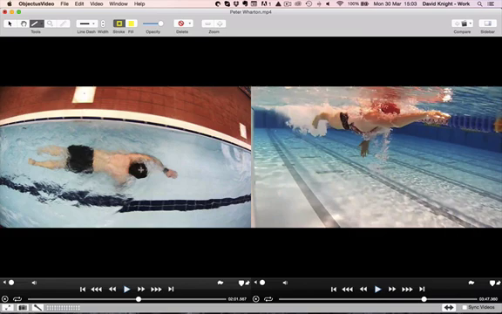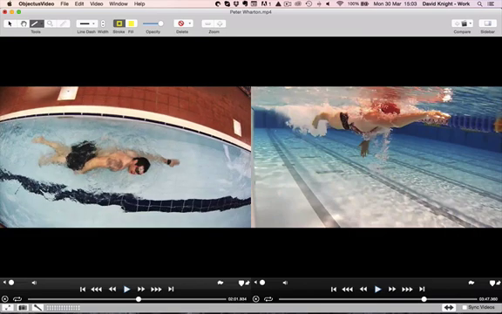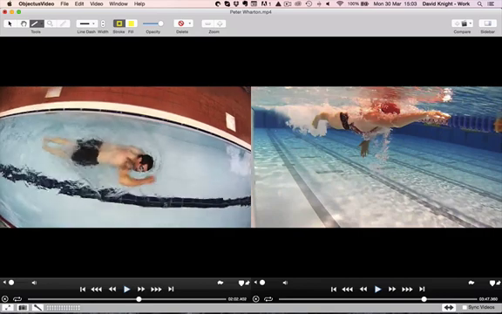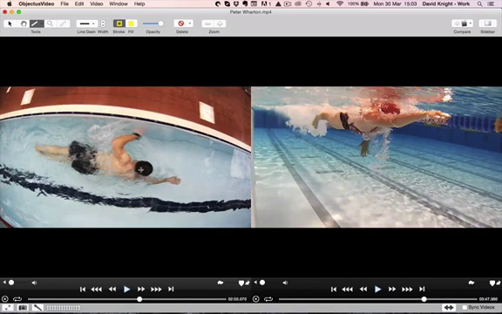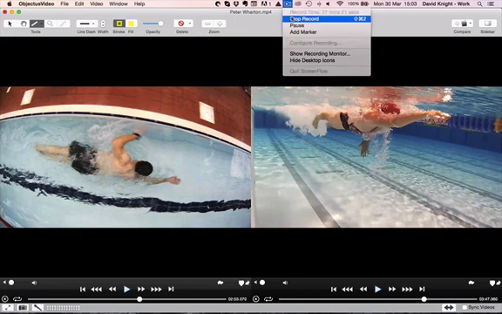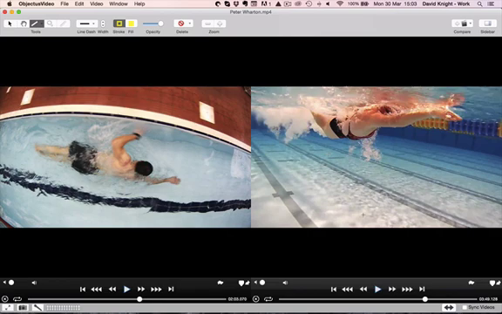But the main things we're dealing with here are body positioning, rotation, and then the hand entry and the catch. Okay. So hand entry and catch. Now, if you look at your hand position there,